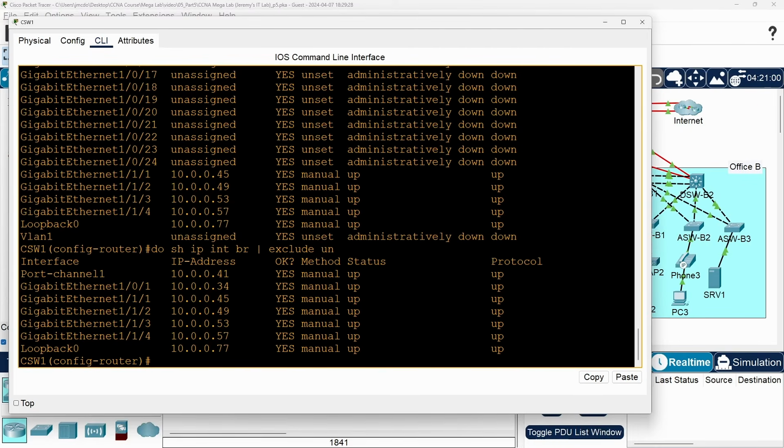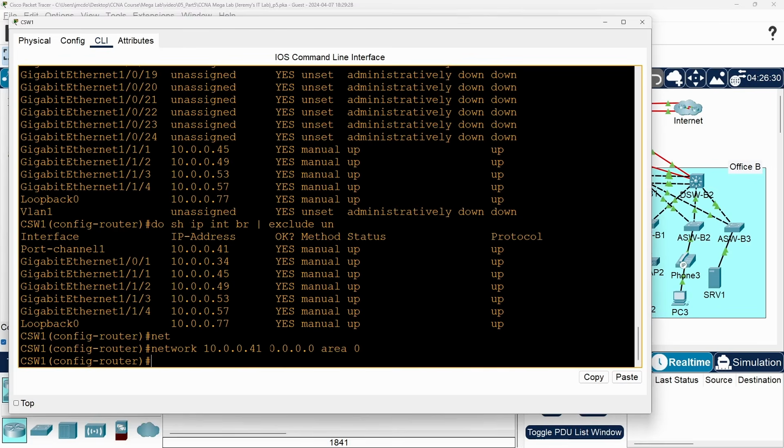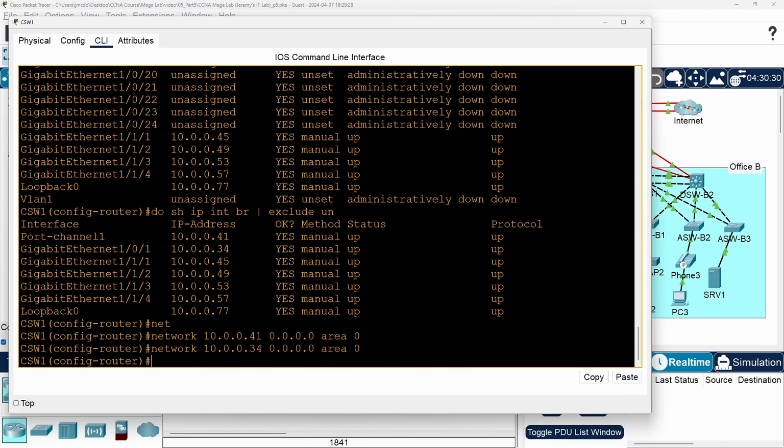So let's activate OSPF on these interfaces in order, starting with port channel 1. Network 10.0.0.41, 0.0.0.0, area 0. And now I can simply hit the up arrow to return to that command, and then change the IP address to .34 for the G1/0/1 interface.